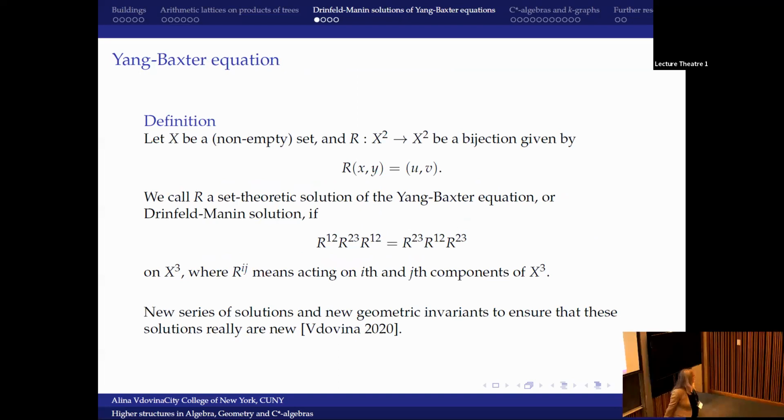Okay, then I think I'm doing okay with time, so let's connect it to the Yang-Baxter equations. Those solutions, I call them Drinfeld-Manin solutions of the Yang-Baxter equations, because I was going to the basics of the history of this Yang-Baxter equation, since I got an idea that they must be related to those cube complexes, because of this kind of behavior. It's really like your compatibility conditions on the cubes.